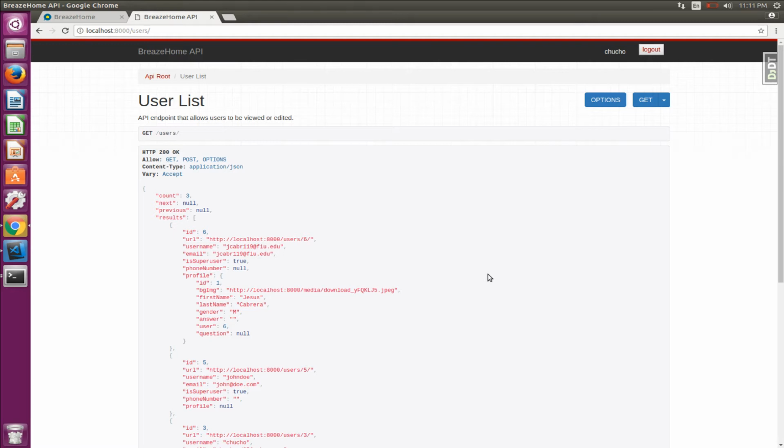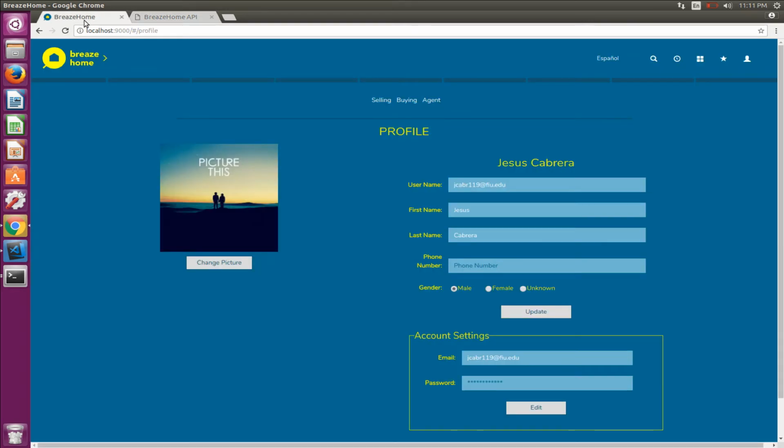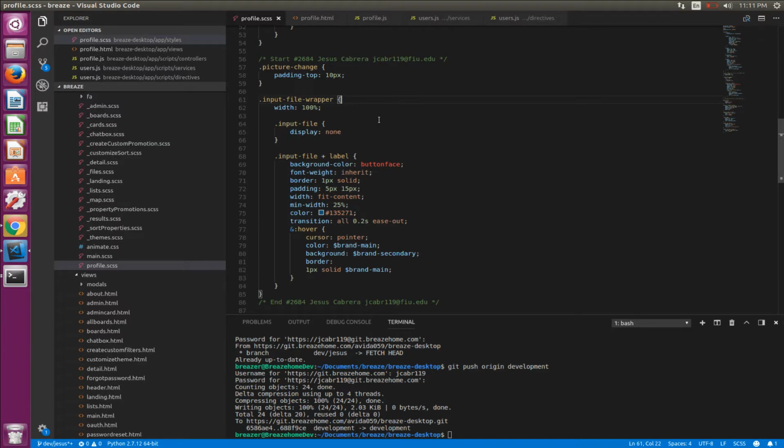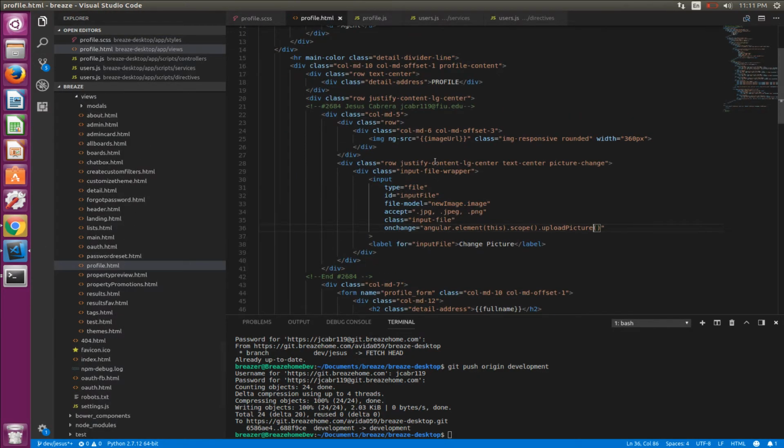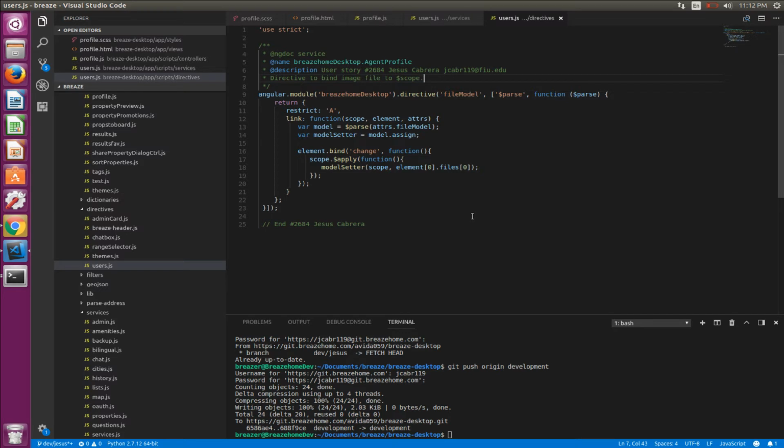Even so, the front end part wasn't easy either. When we have an input of type file, the onChange event doesn't bind to the scope, so we have to manually bind it. We also had to create a directive. We had used directives before in the user part of the platform, but we didn't have one here, so we had to create an entire directive